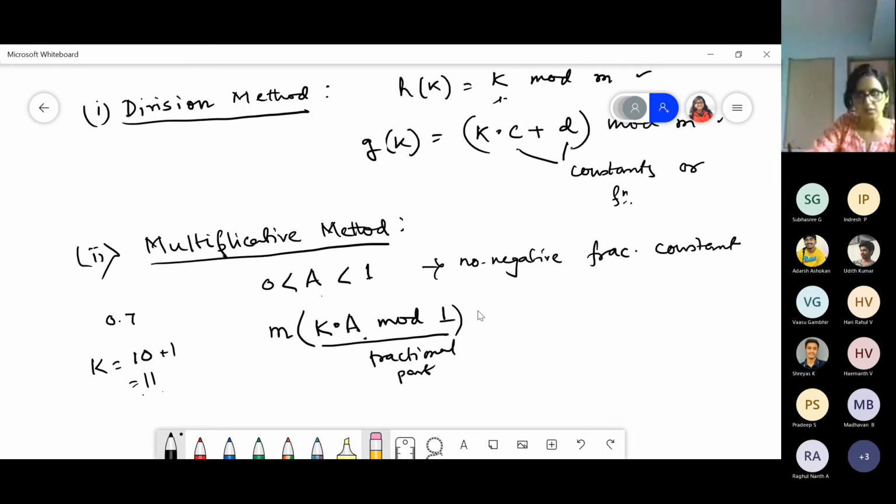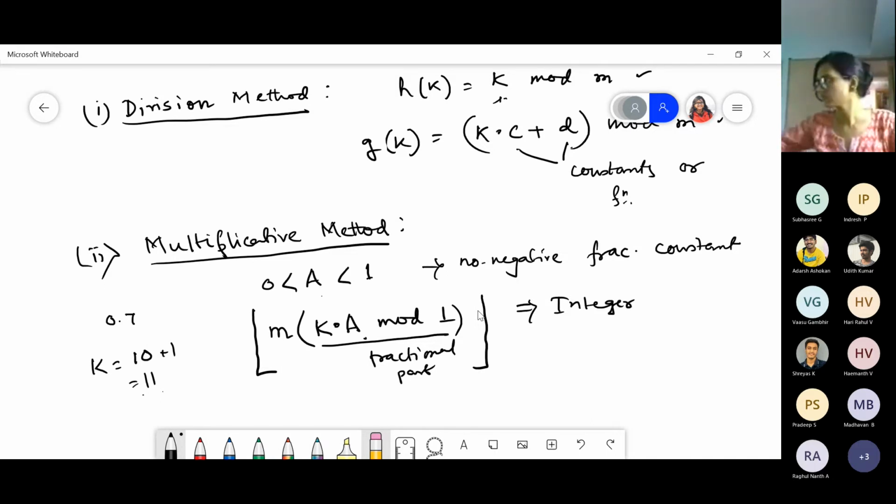Okay. Now you multiply this with some constant m, where m is the total number of slots, and take the floor value. This will be one integer number, an integer number to store the key.